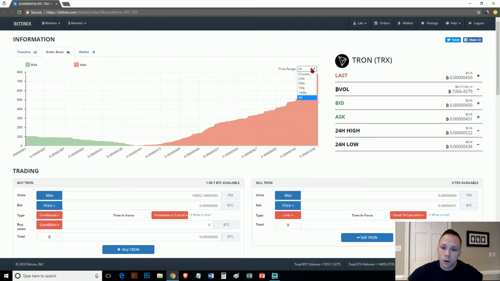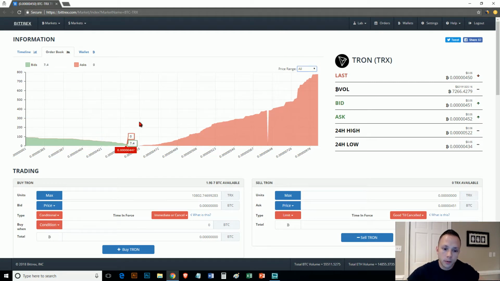So over here, I'm going to go ahead and pick the all because I want to see the complete range of the order book. And the reason why you have green and red is that everything from this equilibrium standpoint in the very middle, everything to the left, the green, that's what's called the bid, meaning that's what people are willing to pay for Tron as it lowers in price and in value. In the red, this is called the ask. That means that everybody is willing to sell. They already have Tron in their hand, and they're willing to sell their Tron for X amount of Bitcoin